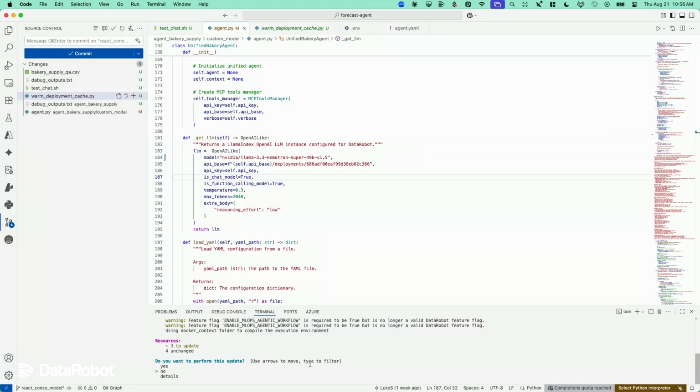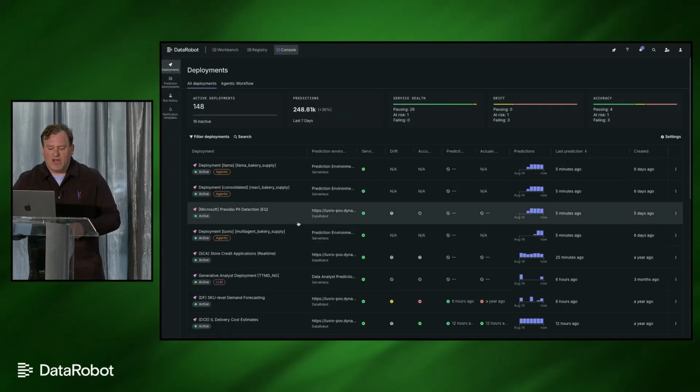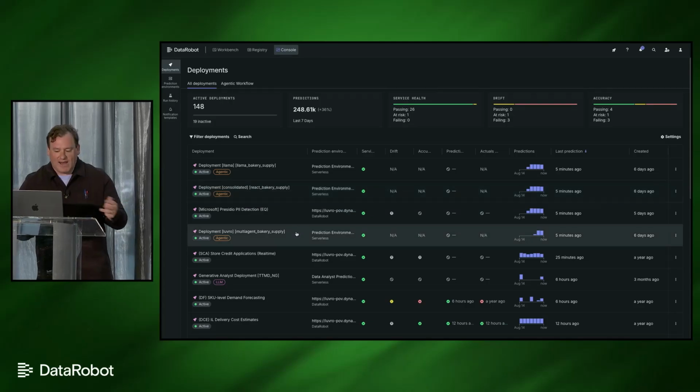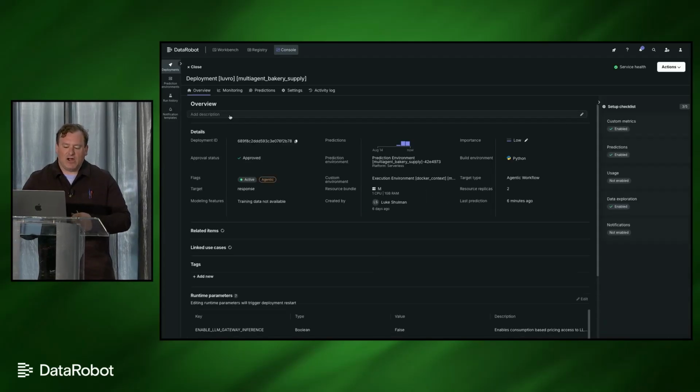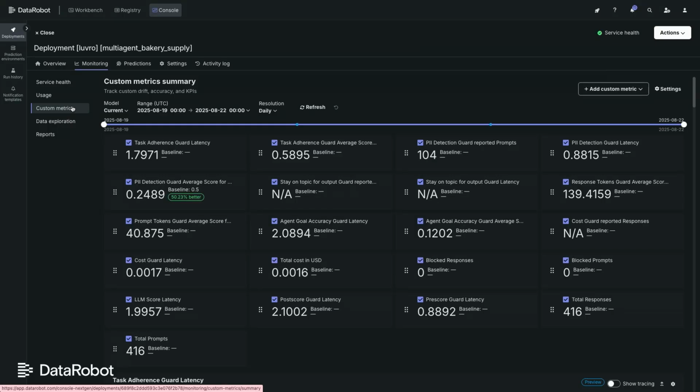Now, the other aspect of keeping up with this change is we want the agents to benefit from all the work they've already done over the previous 90 days. So here's the agent actually running on DataRobot, and I can go in and I can see really detailed metrics about how it's performing. All those guardrails and evaluations I talked about, they are still running for every invocation of our agent in production.